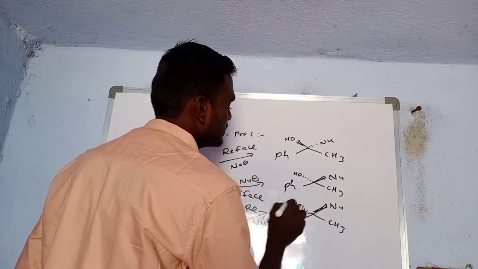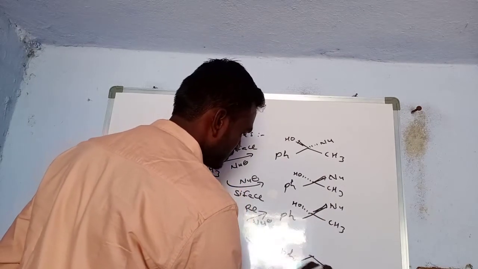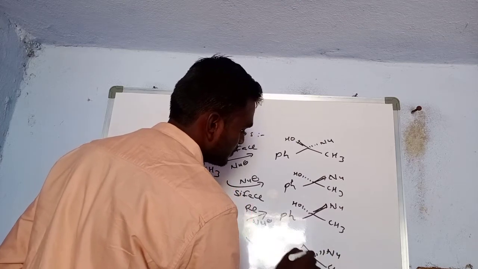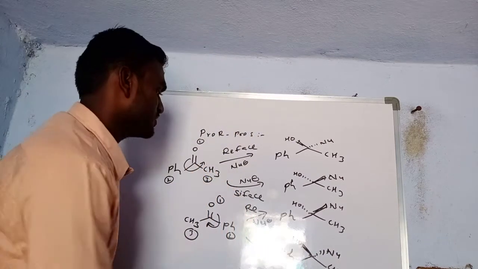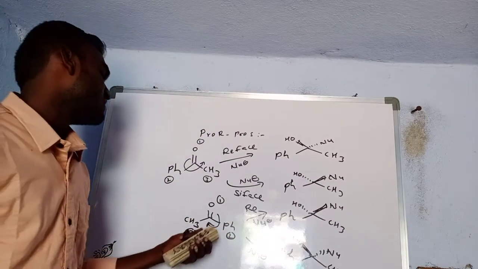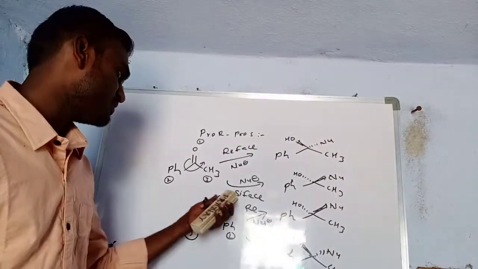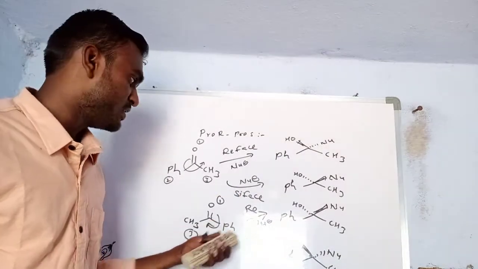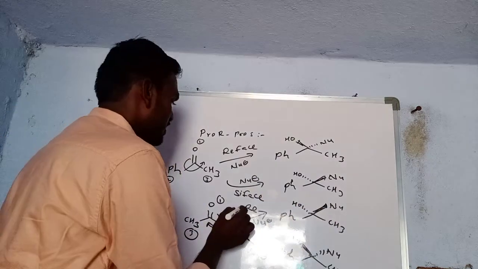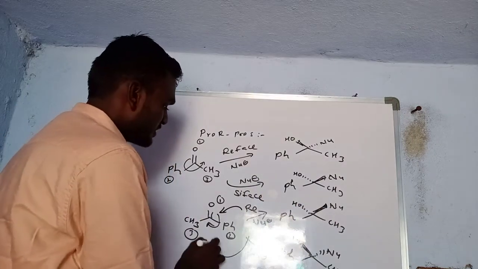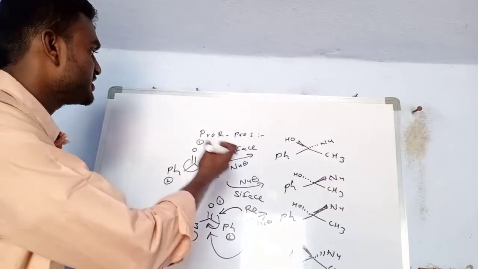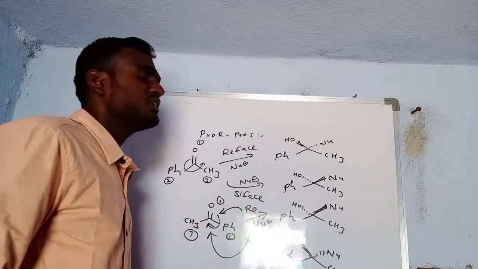Okay, this is the dotted line, and for this molecule, below the plane is nothing but the Si face. Whenever the priorities are in the clockwise direction, the Re face attack is above the plane. So the nucleophile will be attacking from above the plane, and the Si face is attacked from below the plane. So these are the Re and Si faces of the molecule.